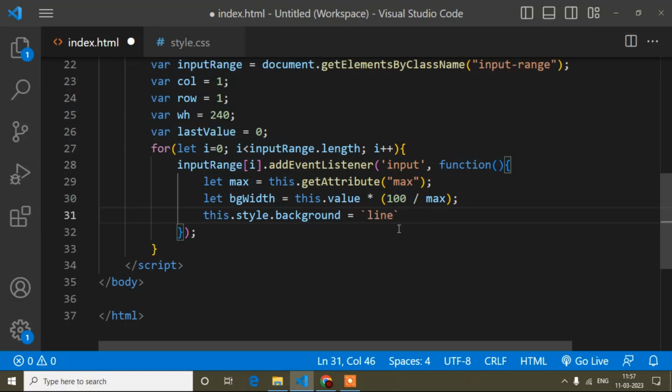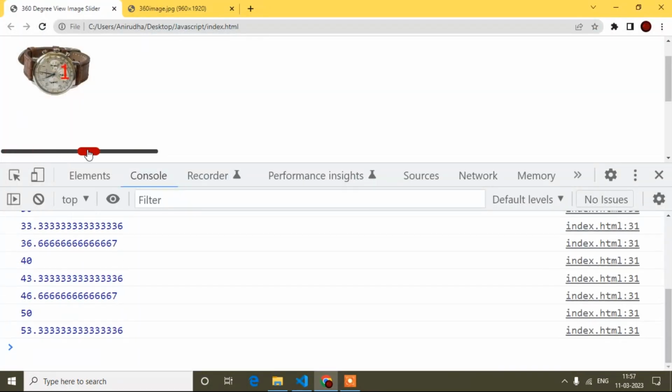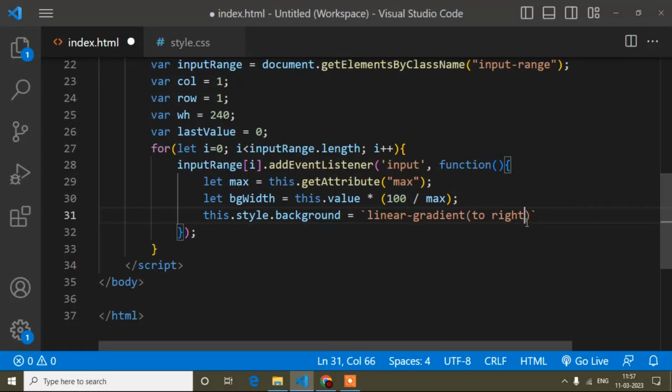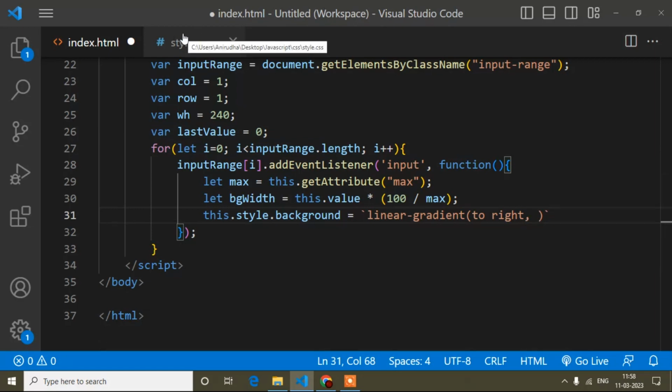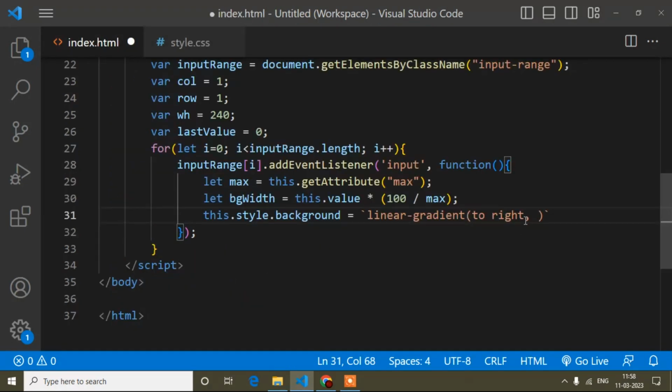So here I will write linear gradient color, this one, linear gradient. Initially this color is here, so when I move, the color will fill toward the right side, right? So to write, comma, and the color it will fill with is this red color. I will write this one, and 0%, because initially it is 0%.